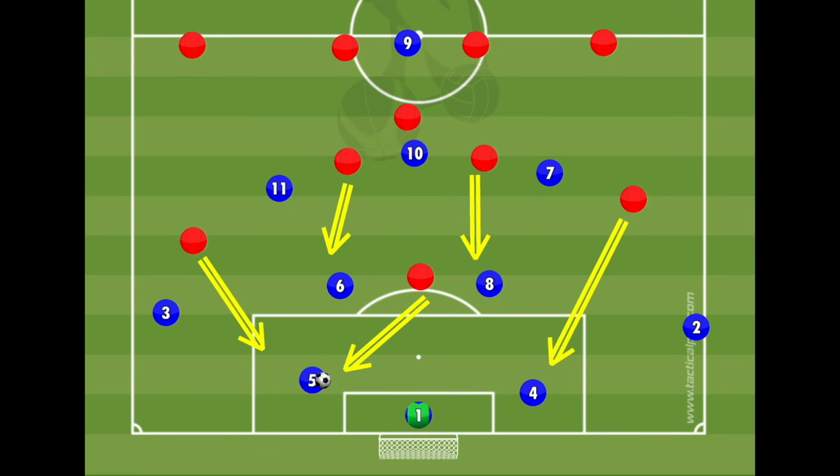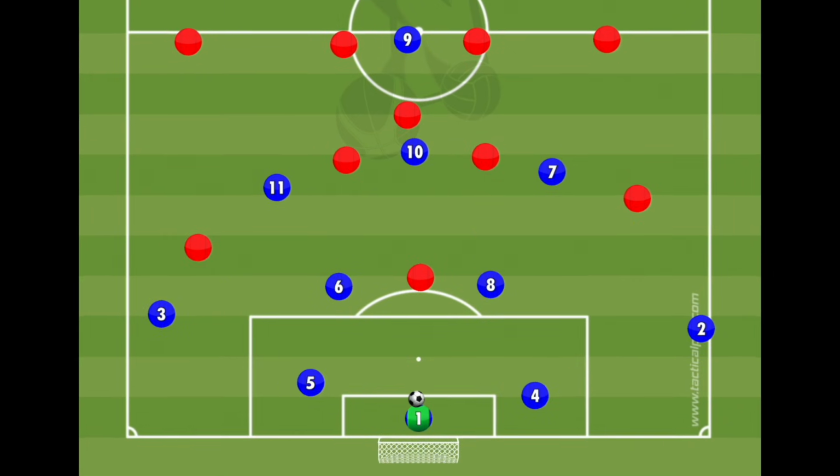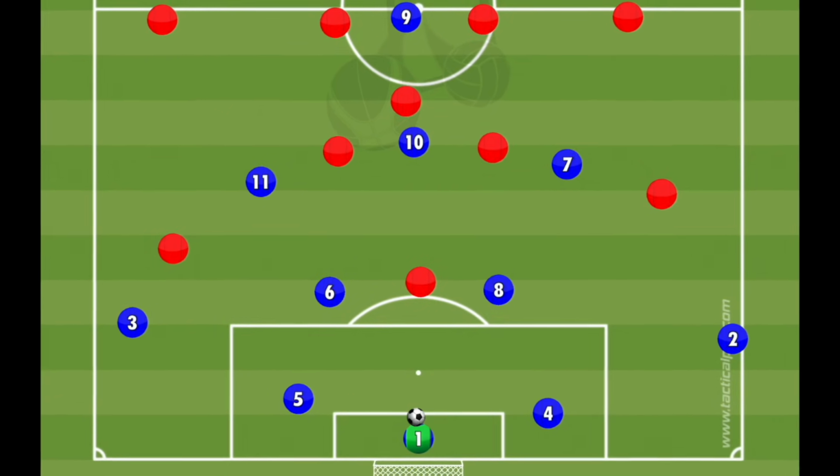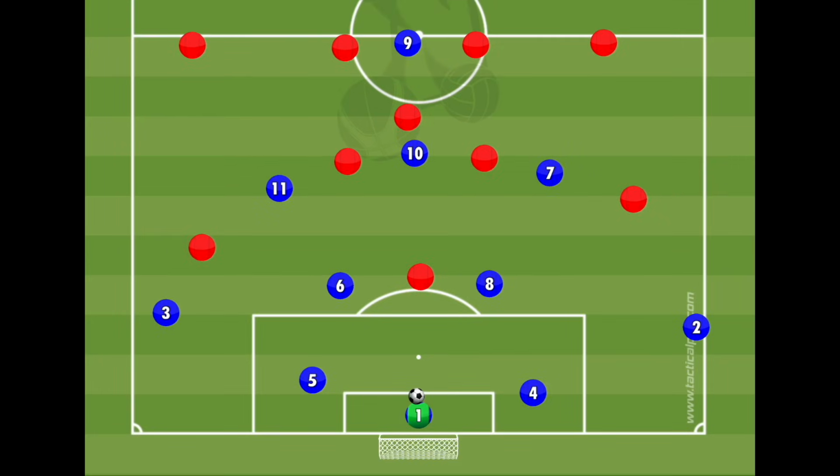How can you recreate these pictures on the practice field? I think it takes a little bit of bravery as a coach to maybe deal with difficult moments in your practice session. So instead of building against an underload, what about building against an overload? What about recreating this picture here where you're building against a front four press and putting this out on the training pitch? So what you would do is